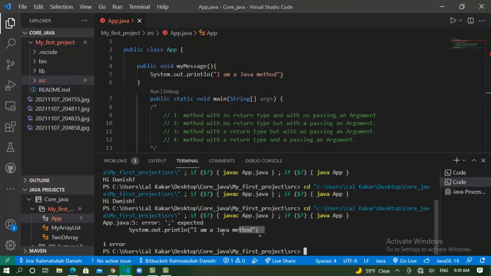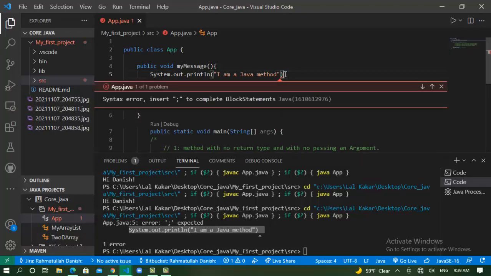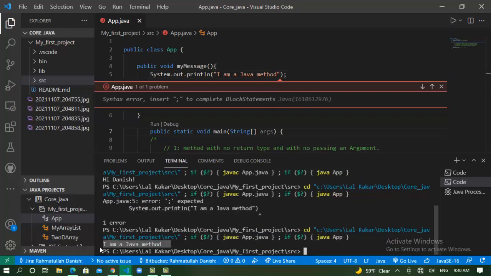One error, we didn't use the semicolon. One semicolon is left here. Now I run this program again. The program runs successfully. I am a Java method. That is the method without a return statement and without passing an argument.